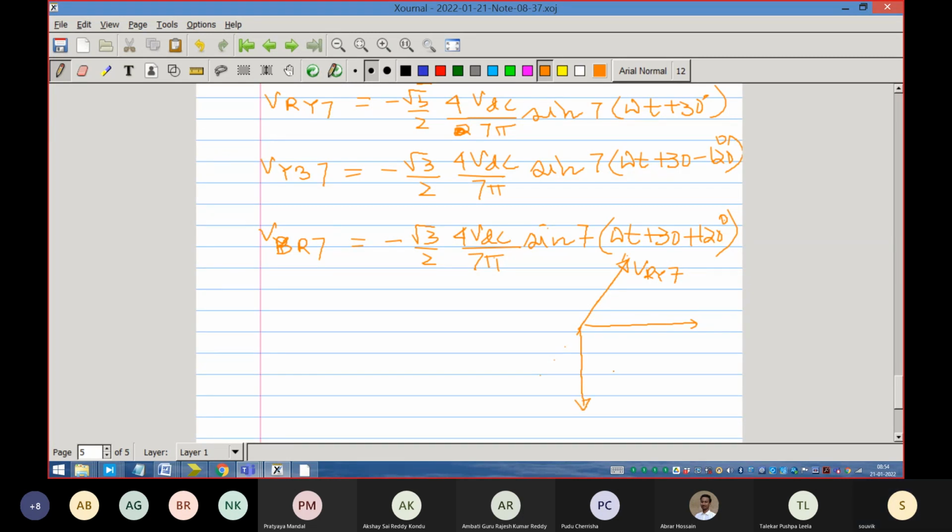This is this. So this is VYB7, right? So 1, 2, 3, 4, 5, 6, 7, and then reverse it, right? The other one similarly would be located at this angle. At this angle. So this is